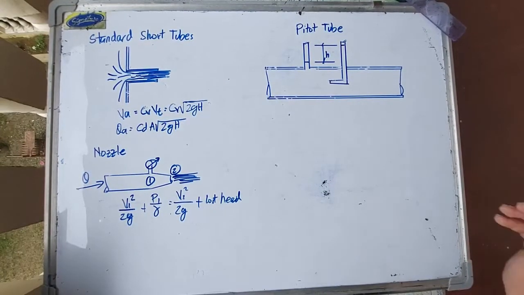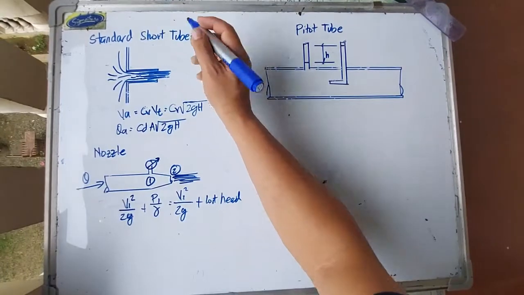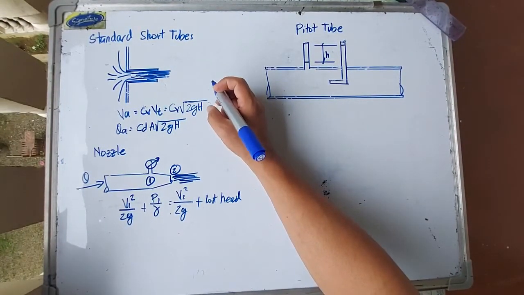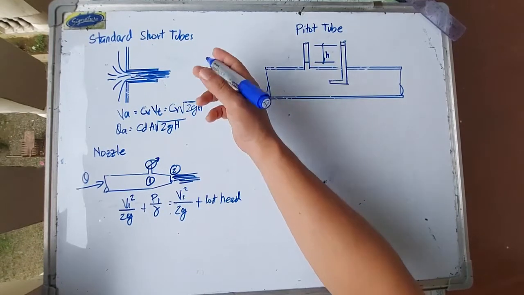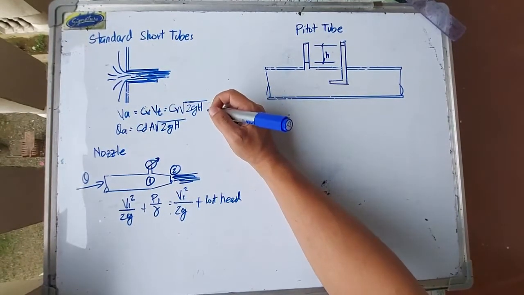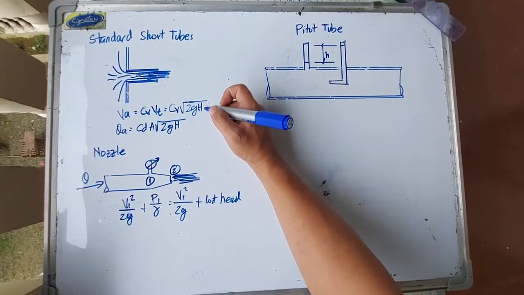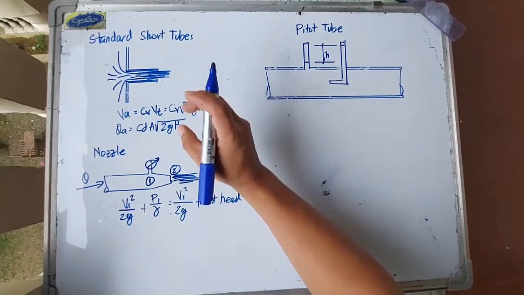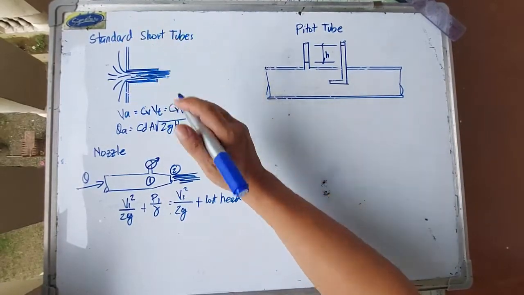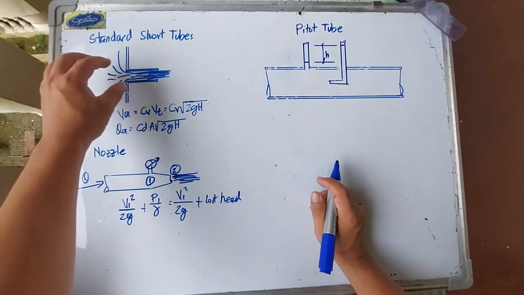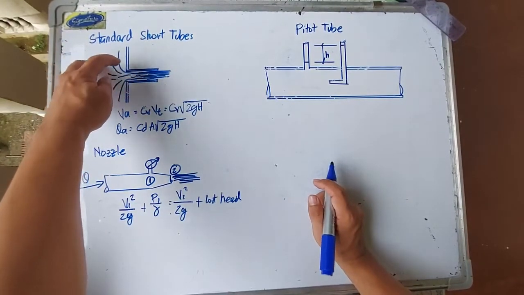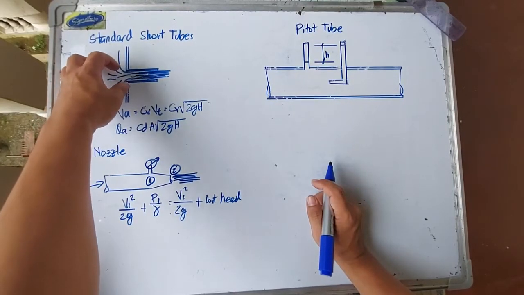standard short tubes. For standard short tubes, we compute for the actual discharge using the same principle we have done before in the orifice. Actually, they have the same formula. What the difference would be in short tubes? Since there is a tube here, short lang, na-minimize yung contraction ng jet. So the contraction of the jet is minimized, but